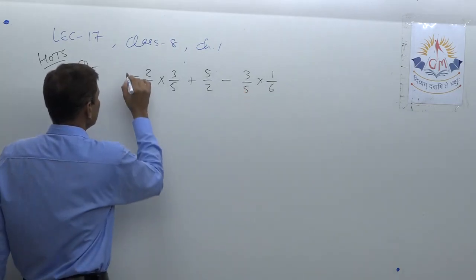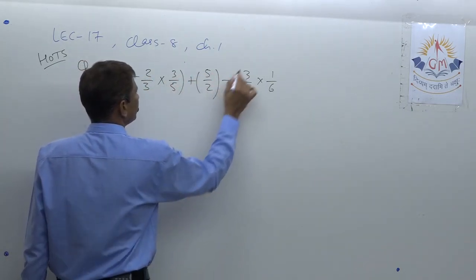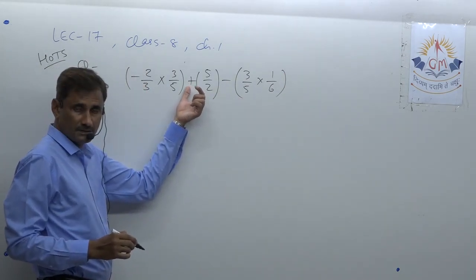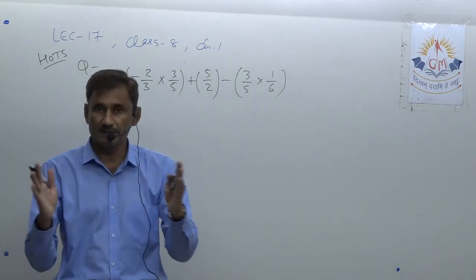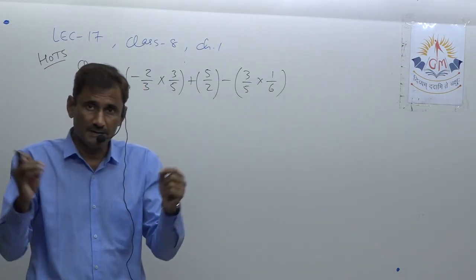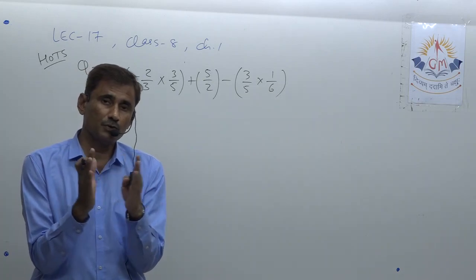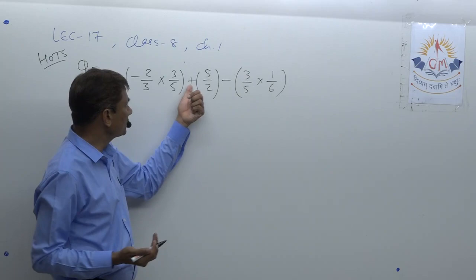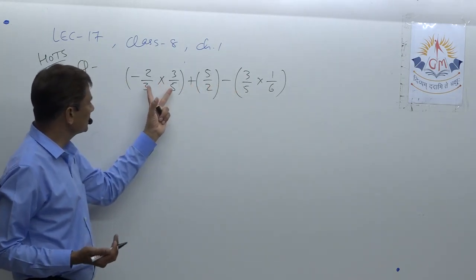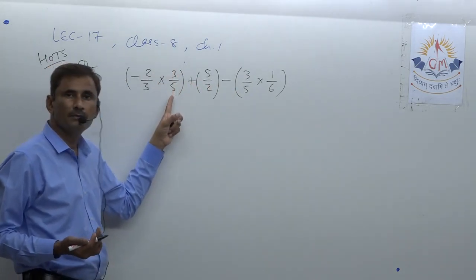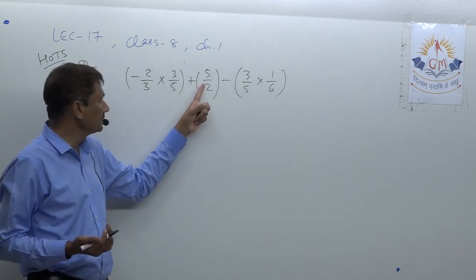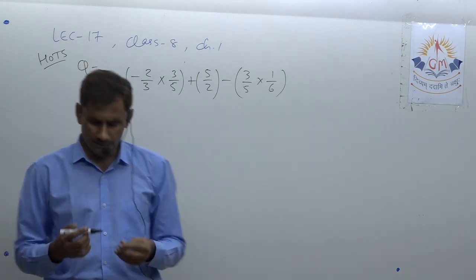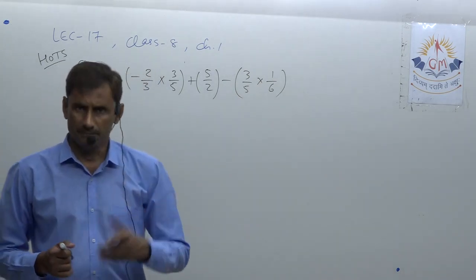Why? Understand well. Up to the plus or minus sign, one term is there, as long as the plus or minus sign is outside the bracket and not inside it. So up to a plus or minus sign a single term is there, then after that a new term starts. So these two numbers collectively form one term only. There is a single number in the second term, and again 2 or 3 or maybe many numbers in any term.